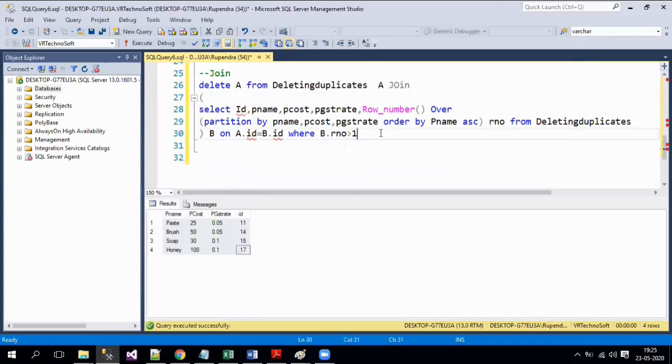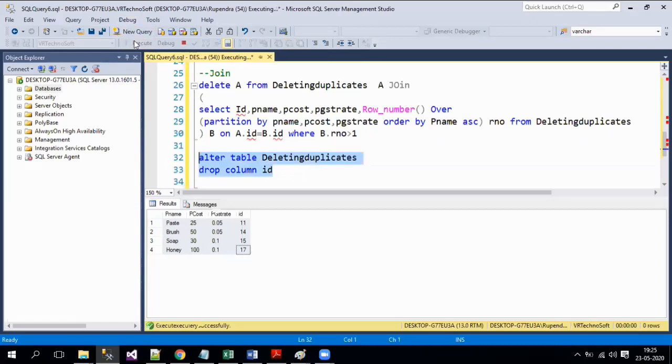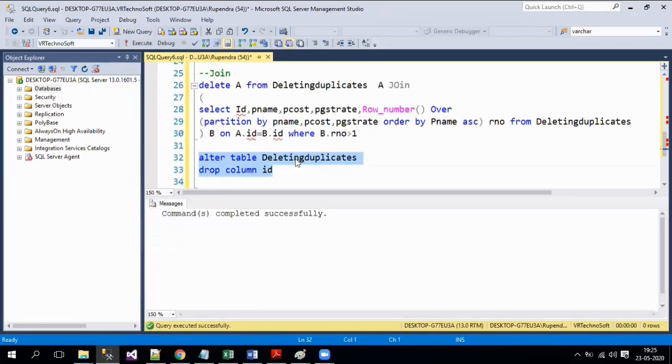Yeah. So at last, once you've done this, what you need to remember is, you need to go and alter your table, and then finally drop that particular column, because that column is not required anymore after deleting the duplicates. Yeah. So you just need to delete that column. If you are not deleting that column, the problem is if there are indexes and all on top of other columns, and as you have added this column, there will be a performance issue. Yeah. So just go and drop that column, so then your table is fine with the distinct records.